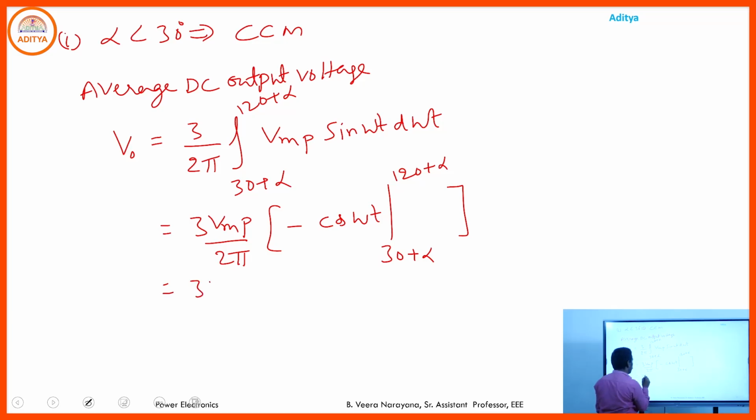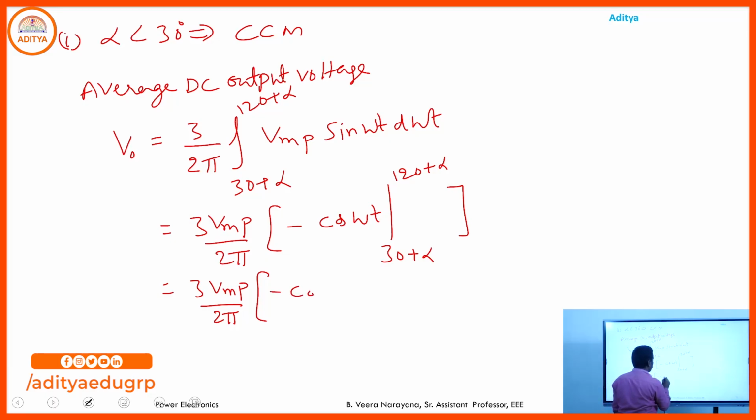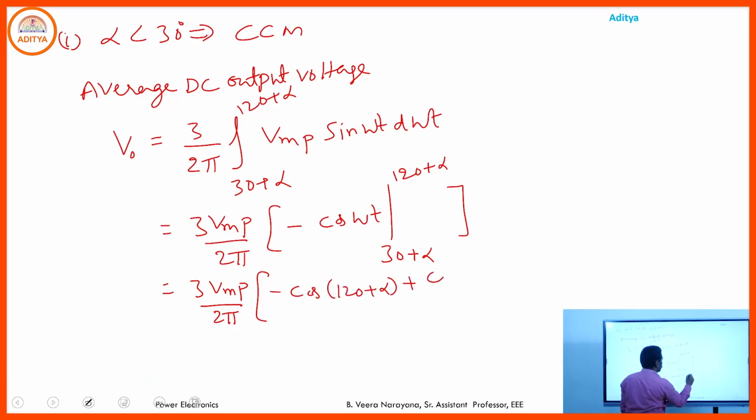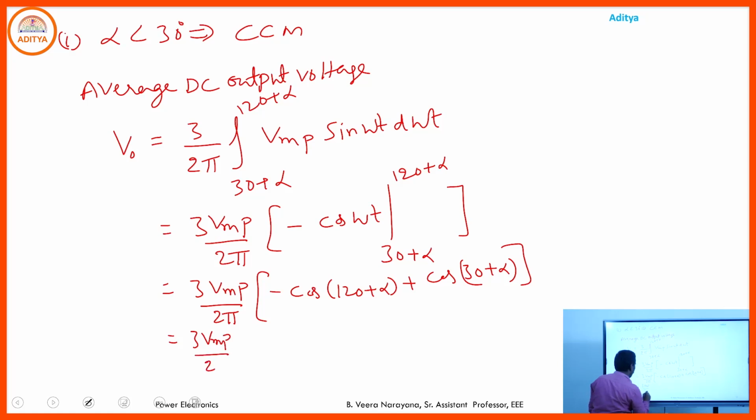So 3 Vmp by 2 pi, minus cos 120 plus alpha plus cos 30 plus alpha. 3 Vmp by 2 pi, minus cos 180 minus